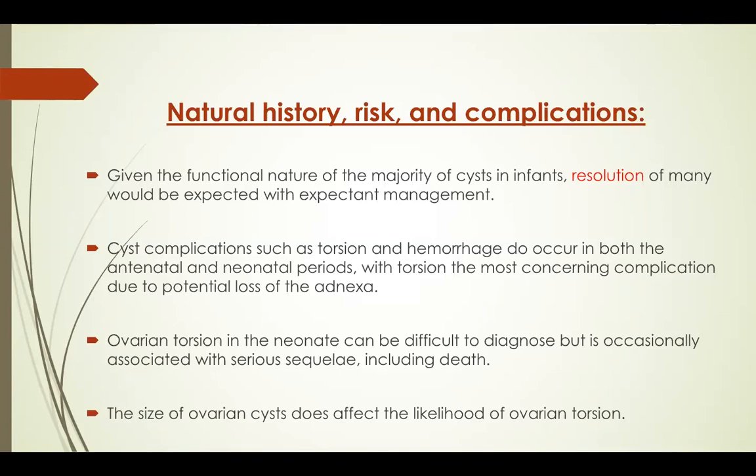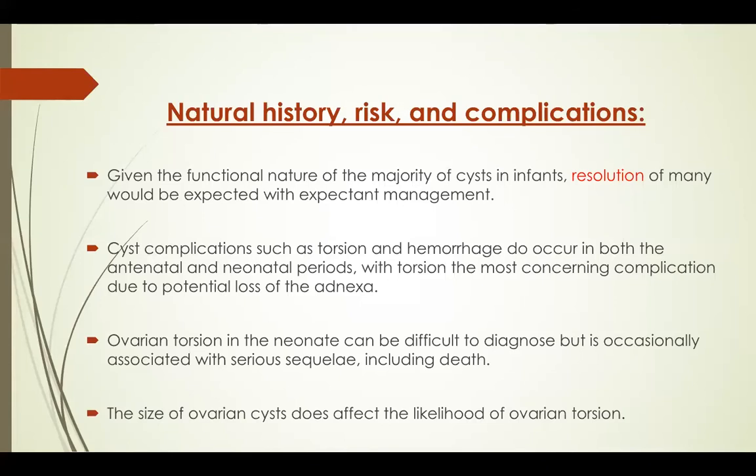Torsion is the most concerning complication due to potential loss of the adnexa, because when torsion happens and it's chronic torsion, this will lead to ovarian gangrene, autoamputation, and failure of the ovary involved. Ovarian torsion is also difficult to diagnose, but is occasionally associated with serious sequelae like death, because they can enter septic shock. The size of the ovarian cyst does not affect the likelihood of ovarian torsion. Ovarian torsion in neonates is rare, but it can occur,